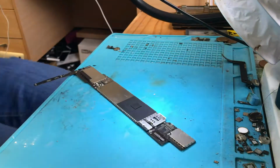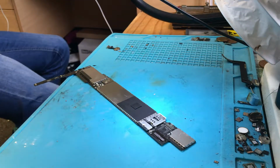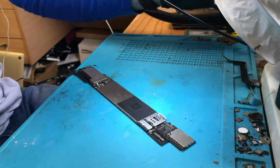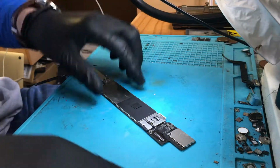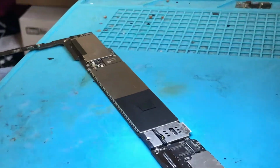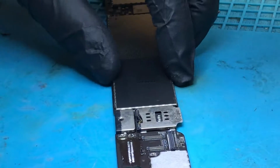Right, sorry about that. That was a busy couple of hours, so I've had to go away and do a bit of other work. So I'm back here now with this Air 2 charging port. Can't remember exactly where I was with it,